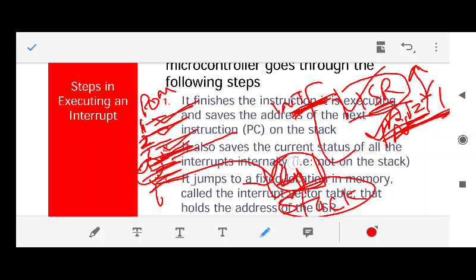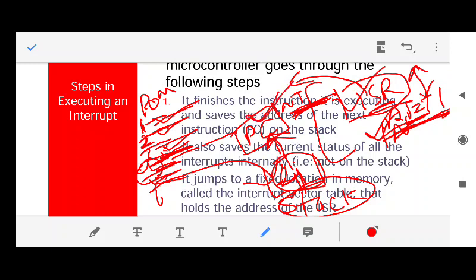So it will load line number 4 into the program counter, because whatever is the address on the program counter, only the instruction at that address will be accessed. So whatever is the address on the stack is loaded into the program counter, and the 8051 will come out of this interrupt service routine and check whatever is the address on the program counter.